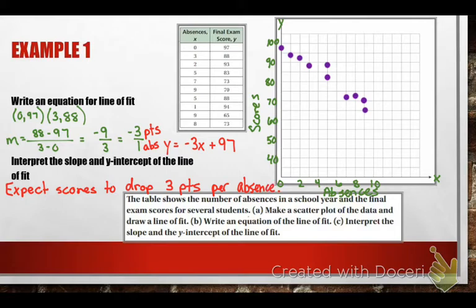All right, do you see how I got that? The 3 was negative, so the score is dropping. How did I know it was score? Because it's rise over run, which means y over x, my change in y. My category for y was the scores. All right? Yes, Lila. It doesn't matter which